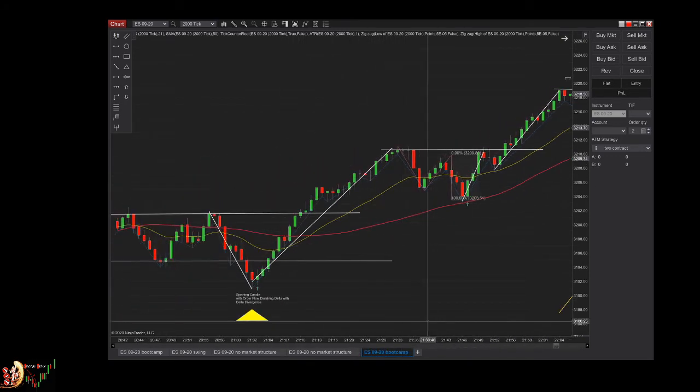So usually when I see this, as I said, there's three use cases. The very aggressive use case, which would be to take directly the long over here. But honestly, if it's with the trend, it's okay. Okay, if it's on the retrace, it's okay to try it out. But if it's counter trend, never do this. You always want to wait for either a higher low or a failed two-legged pullback.